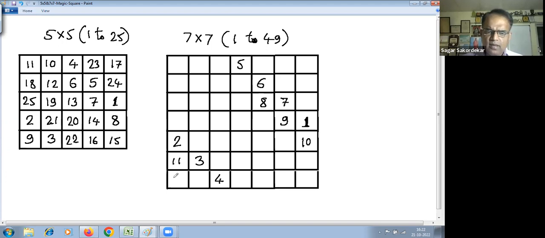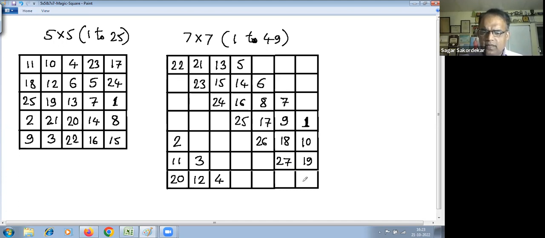11 will come here, down right 12 here, down right out 13 will come here, down right 14 here, down right occupied, left of current 15 will come here, down right, down right, down right, down right, down right out, so 20 will come here, down right out, so 21 will come here, down right occupied, left of current, so 22 will come here, down right 23, down right 24, down right 25, down right 26, good Malika,